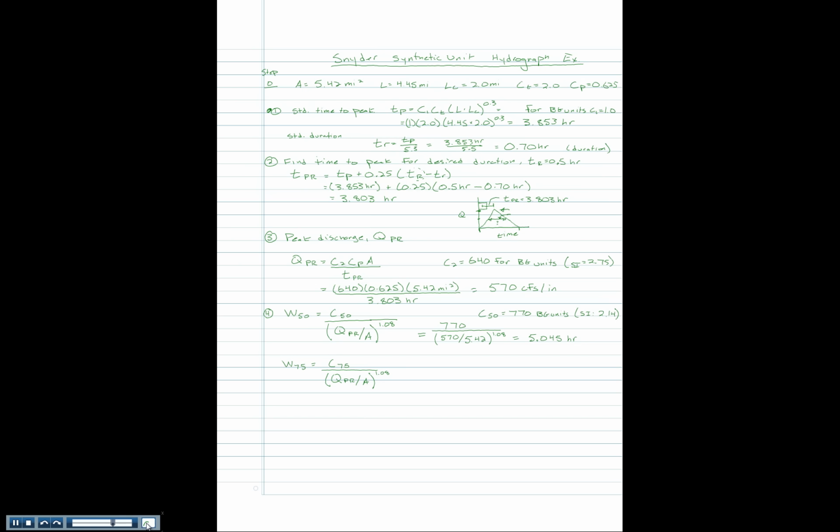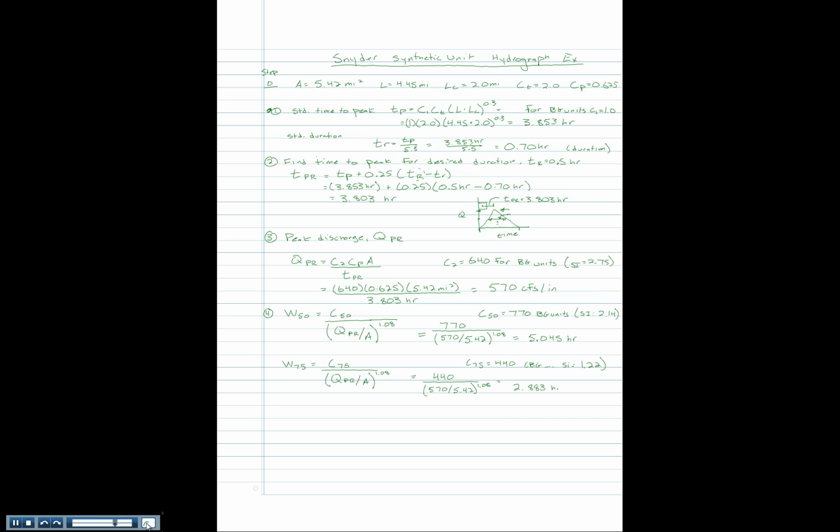And the C75 is 440 for BG units. Had we been in SI, then it would be 1.22, the factor that we should substitute. So 440, 570 divided by 5.42 to the 1.08 power. And that works out to